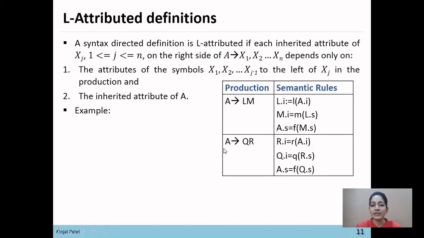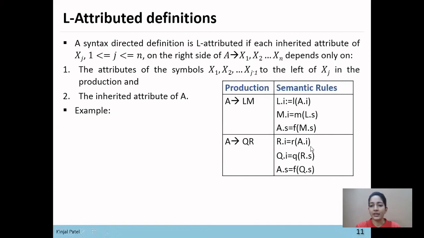Now we will check the second rule, A derives QR, where R.i depends on A.i. Here R is an inherited attribute and it depends on its parent. So it is L-attributed because it follows the rule.